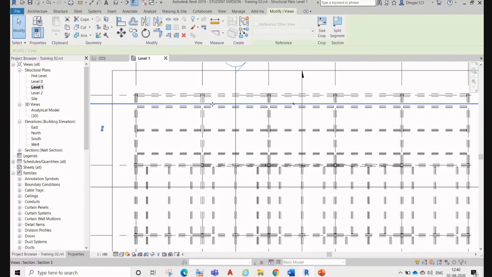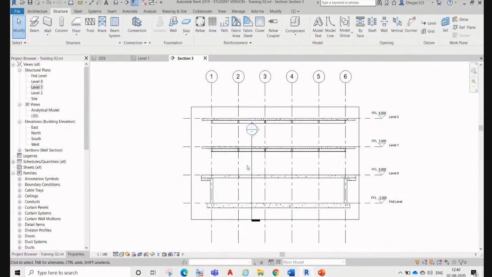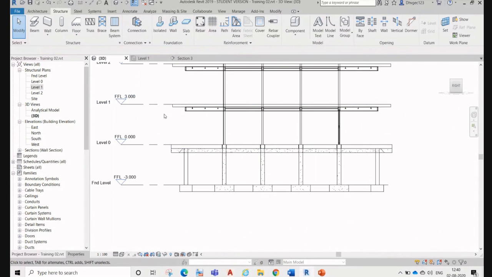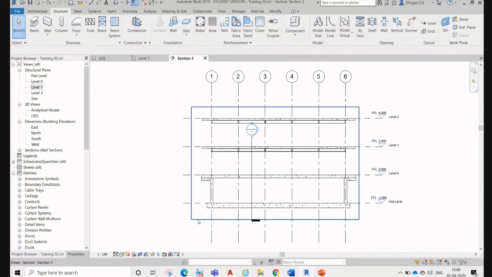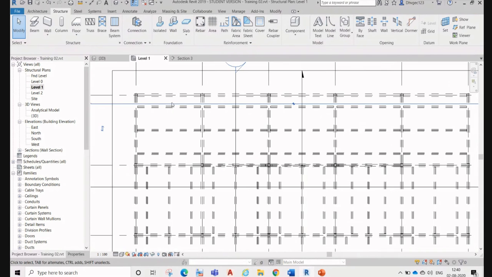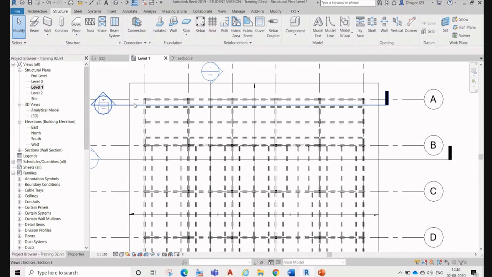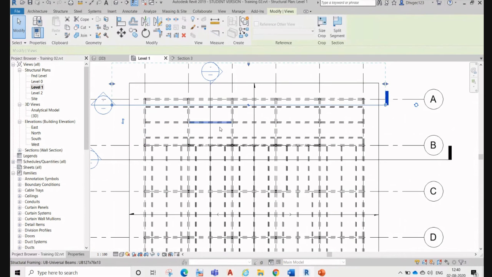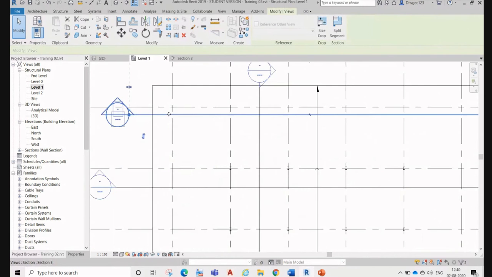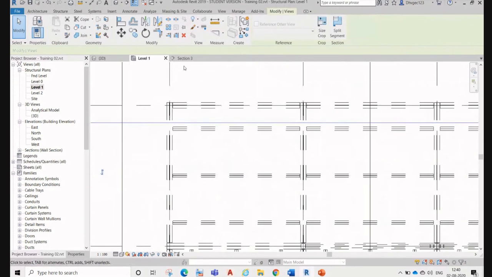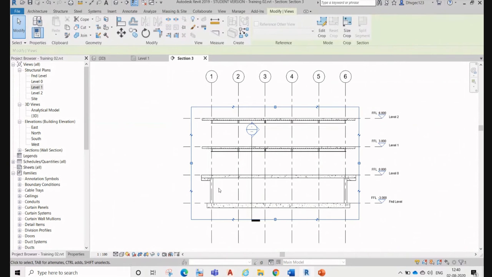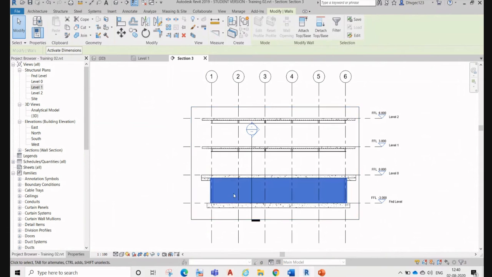Go to view, and you can see the wall in elevation. Yes, you can see that wall over here.